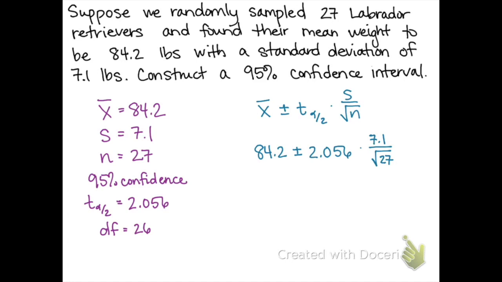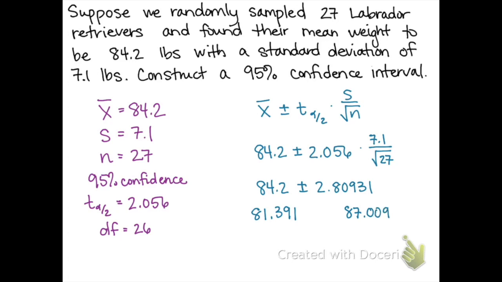Now in our calculator, we will find the margin of error piece of this formula, which is just the right-hand side, and then finally we'll do the addition and subtraction piece. The margin of error came out to be 2.80931, and now we will do the addition and subtraction. I'll start by taking 84.2 and subtracting 2.80931, which is 81.391 if we round that. And then 84.2 plus 2.80931 would be